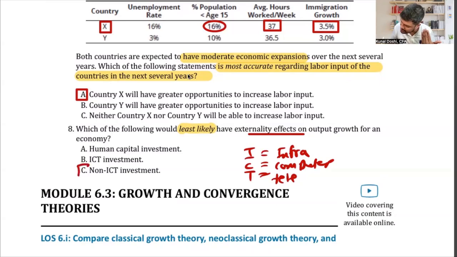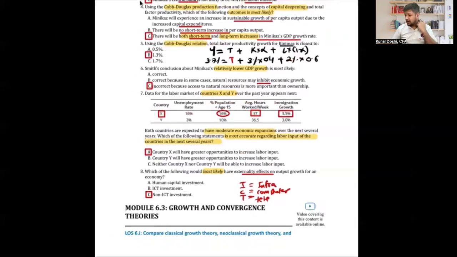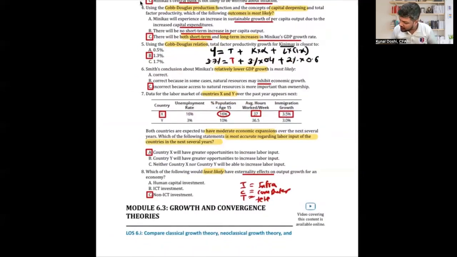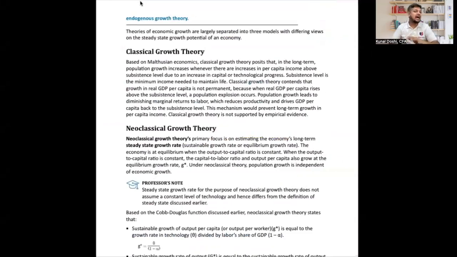Yes. C. Non-ICT. Clear? Clear? Let me see everyone's answer. Okay, perfect. Right? Okay. Now, let us go and understand the last section of what are the different theories on